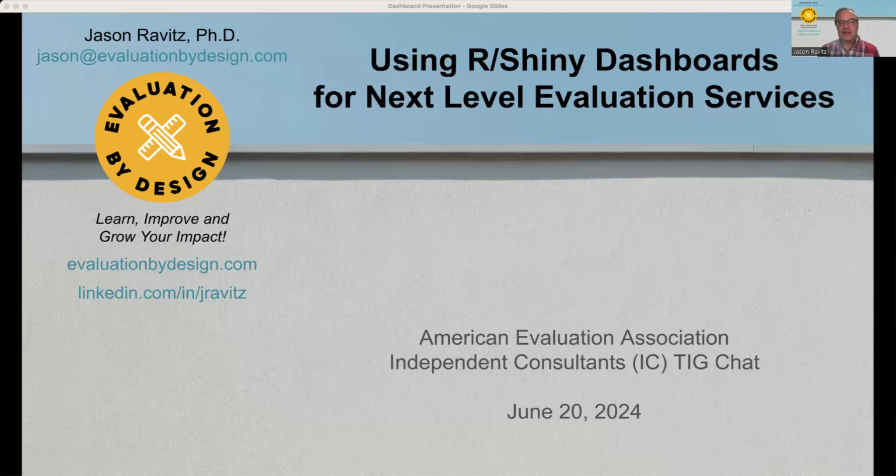My goals today are to introduce you to R and Shiny as a platform for data collection, analysis, and use. Discuss how these tools can enhance your evaluation services, including your workflow and helping engage your clients with their data. And hopefully some of you will decide this is worth exploring further. And if you're already on this path or thinking about it, I hope to provide some insights that will help you.